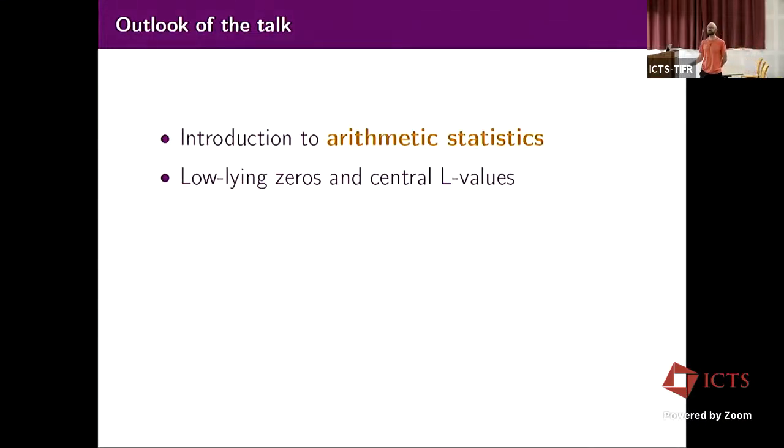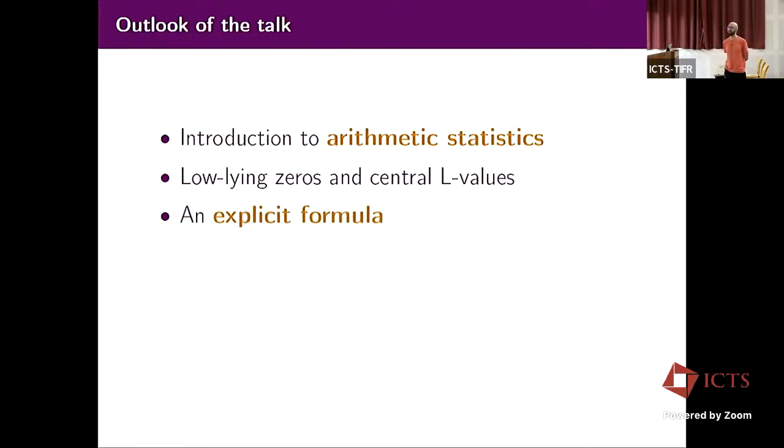So I'll give a brief introduction about the general problems of answering questions on average on families of automorphic forms. And then I'll discuss more precisely, for those not knowing automorphic forms, it's perfectly fine. We'll mostly talk about L functions, and there are zeros and central values. And what I want to advertise is this connection between both, and we can deduce results on one of them from results on the other one.